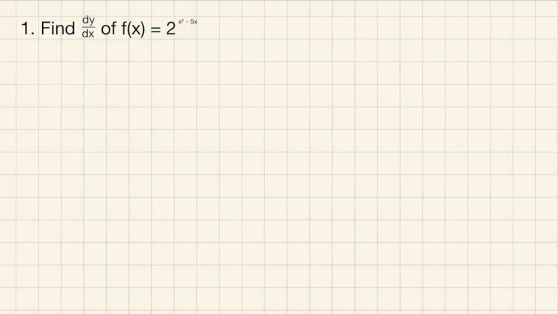Question 1. Find dy over dx if f of x is equal to 2 to the power of x squared minus 5x. First, we'll begin by doing a simple differentiation of f of x. Because we can't differentiate equations like this directly, this problem would be solved through implicit differentiation, meaning to differentiate both sides of the equation. First, we want to get rid of the x squared minus 5x in the exponent of